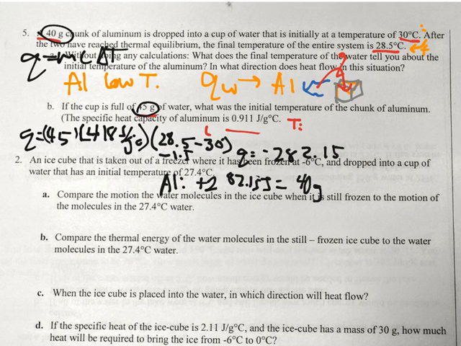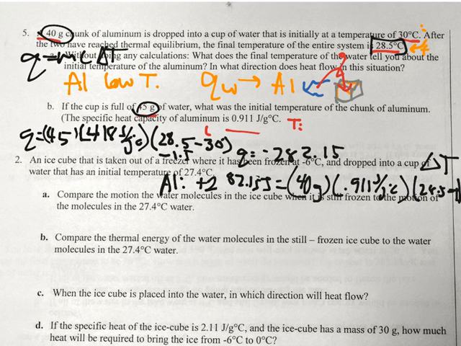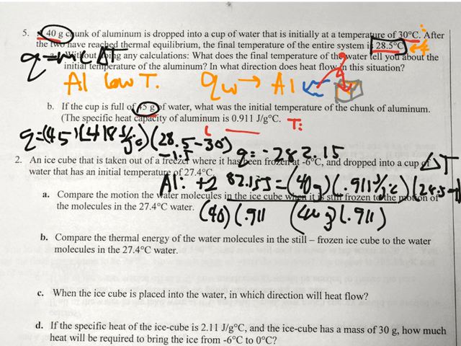282.15. So this would be a positive 282.15. It's equal to 40 grams, our mass, times our C is 0.911. They gave it to us. Joules per gram Celsius. And then we know the final temperature, because the final temperature of the entire system is 28.5, and then you're subtracting your initial. So first, I often like to treat this as just one whole thing. We don't know the total change, so we're going to divide these out on both sides. And that will give